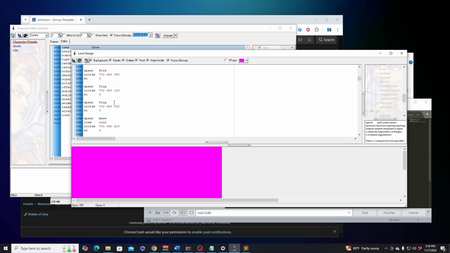So he actually put the spawns at 0, and all of these at 0. Let's see. We also have items that are being dropped. So that's the coin that was being dropped. So everything, let me just scroll down for a second. So everything